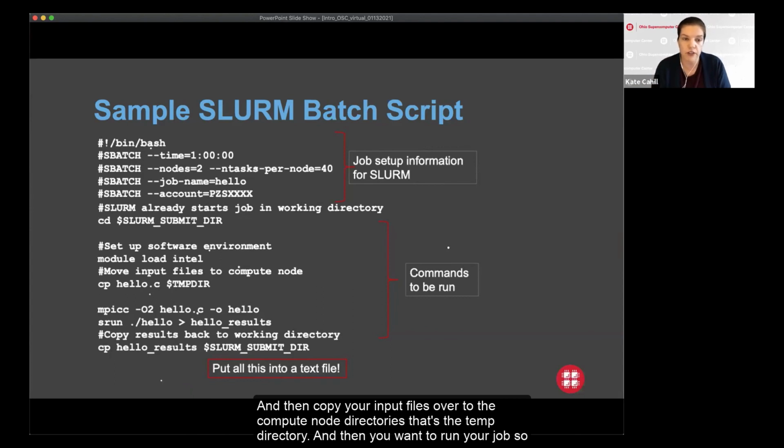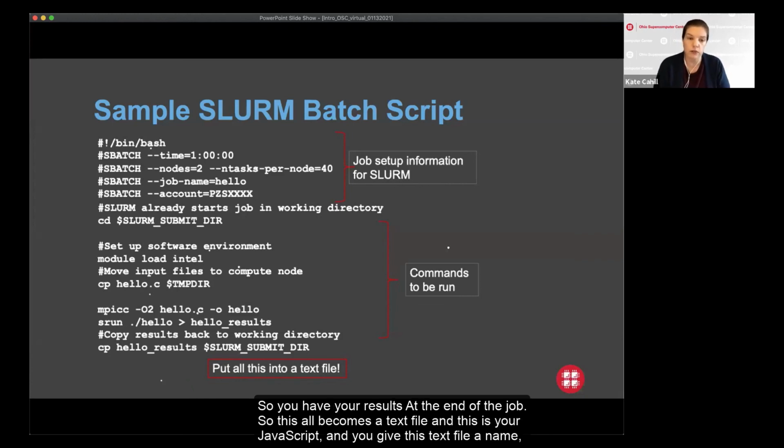So that's the temp directory. And then you want to run your job. So here we're doing an MPI compile and then running that code, and then copying back the results to your working directory. So you have your results at the end of the job. So this all becomes a text file, and this is your job script. And you give this text file a name, and that's your job script name.